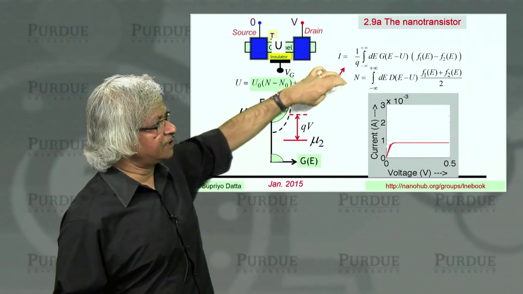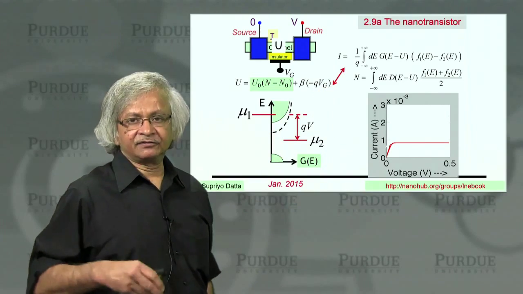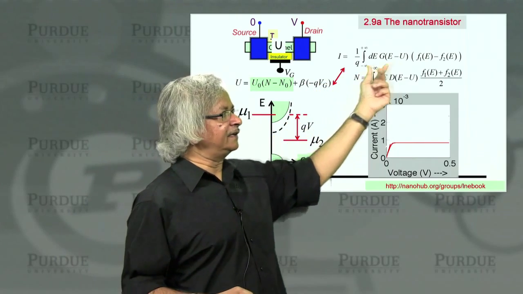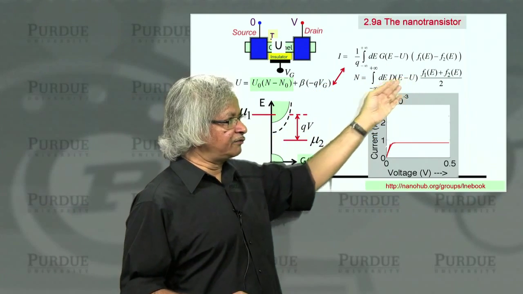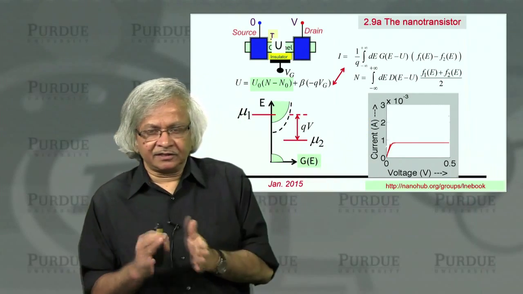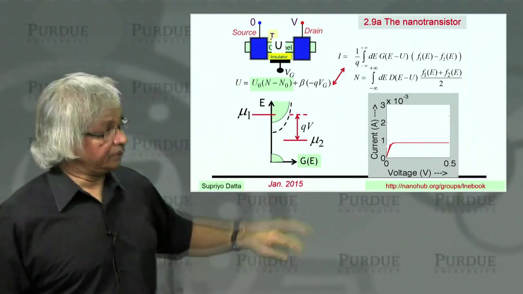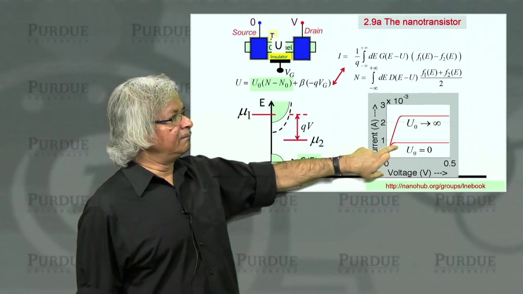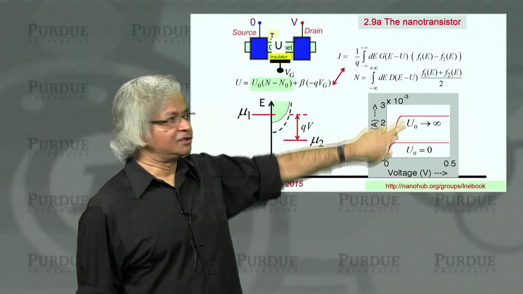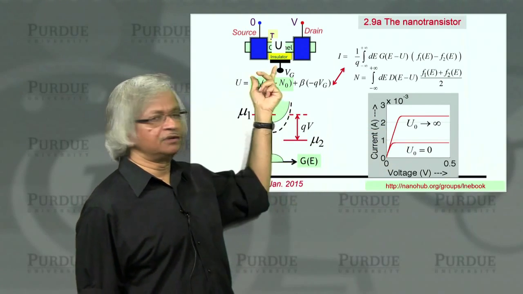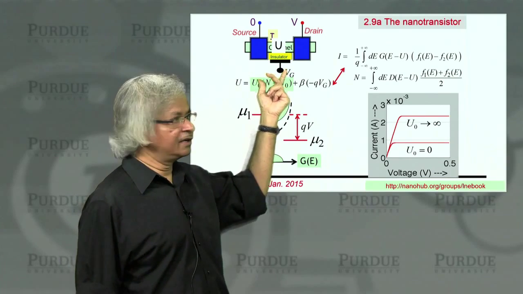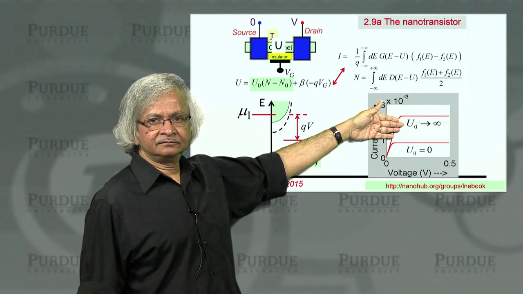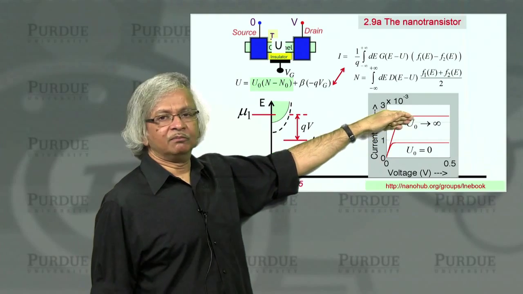So if you take this set of equations and solve it self-consistently, you see, here we have a U that depends on N and the N that depends on U. So you'd have to solve it self-consistently, and there are numerical techniques for doing that, which I'm not going into here. But if you solve it self-consistently, you'd actually get a much bigger current than what you calculated. So this is what you calculate when you put U0 equal to 0. That just ignores this lowering completely. And then if you put a large U0, then you'd get a much bigger current.